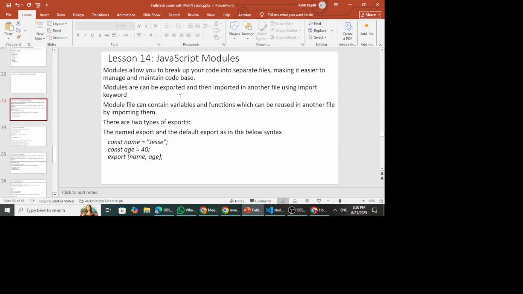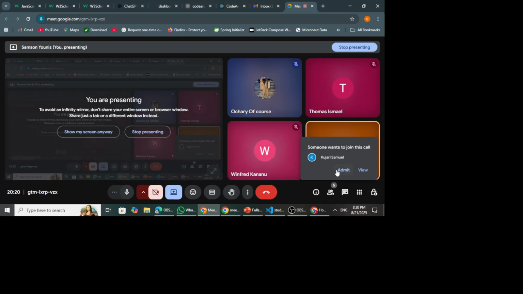So when you create a file, you are basically creating a module, and any code that you write in that file,